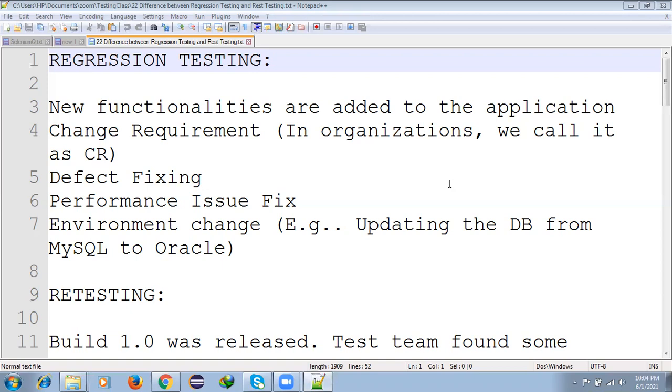This time we are going to test whether, after adding the update functionality, any changes happen or any bugs are present. In case we raise a defect, they're going to fix that defect, and performance fixes and environment changes. Anything like that, we will go for the regression test.